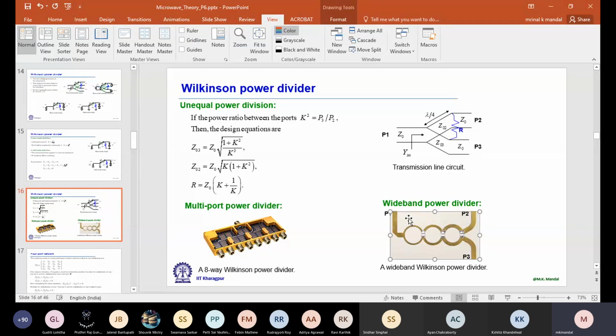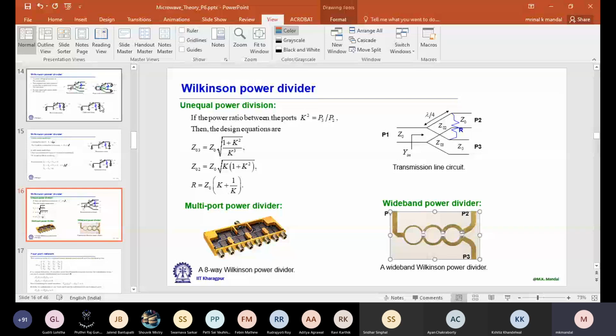It is designed and fabricated here, and it is for X band operation. We wanted to cover the whole X band, 8 to 12 gigahertz. Now you can see the SMD resistors here at the junctions, and their thicknesses are different. That means the characteristic impedance required is different for different sections. Input and output are 50 ohm microstrip lines.